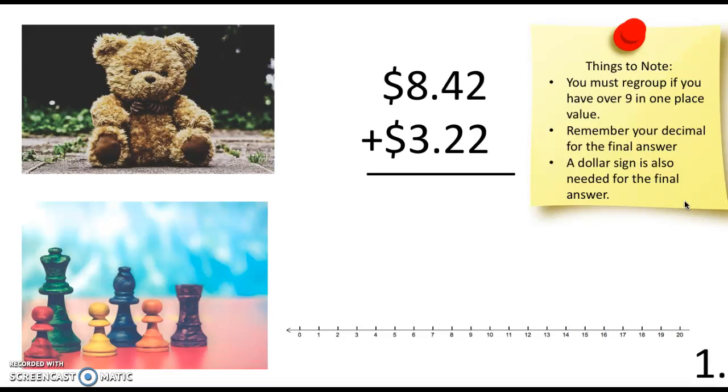You must regroup if you have over 9 in one place value. So for example, here we have 8 plus 3. So we will go to the next place value. Remember your decimal for the final answer, and a dollar sign is also needed for the final answer since we